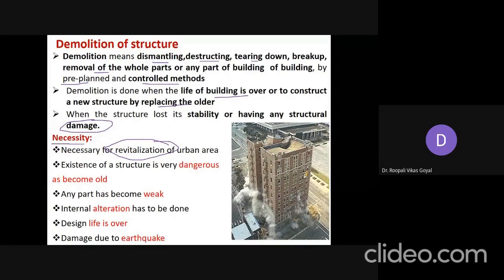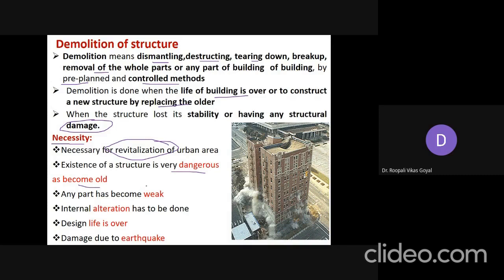So for the renewal of certain urban areas, you have to go for demolition. Then, the existence of a structure is very dangerous and it has become old. Generally in old city areas, so many structures have become dangerous because they become so many years old, 100 years, 200 years, and in that time their life is over. So in that case it becomes necessary to demolish such structures.